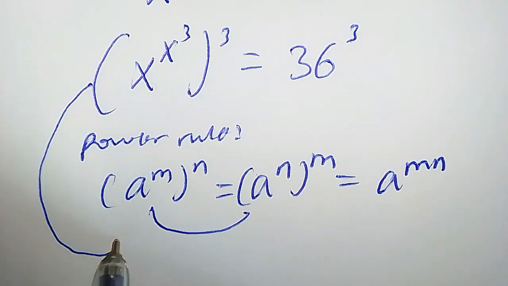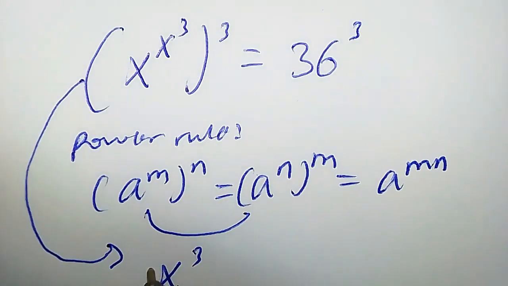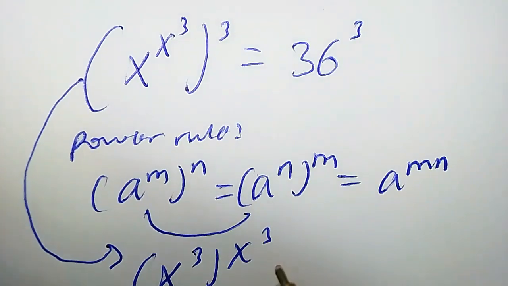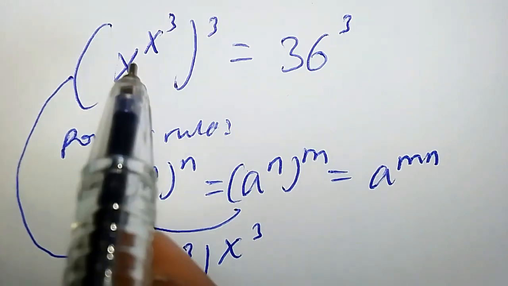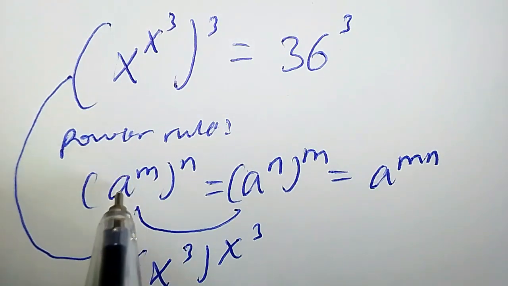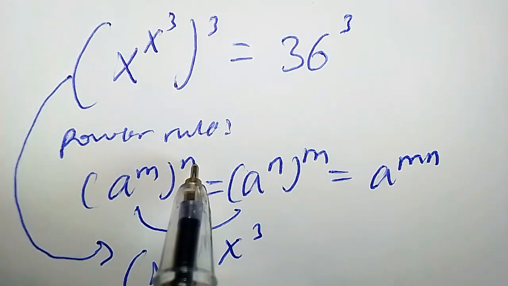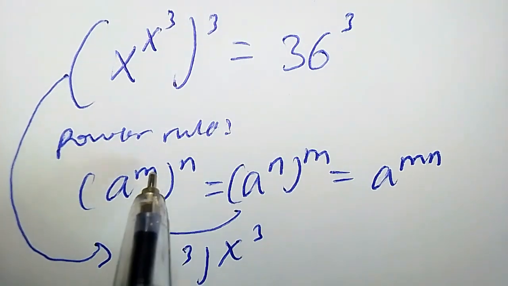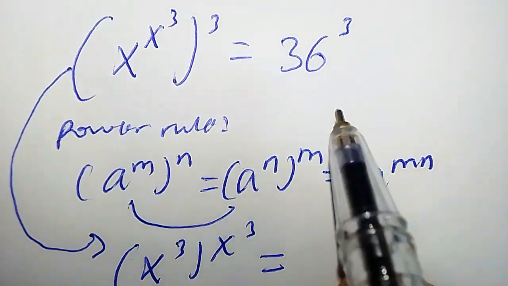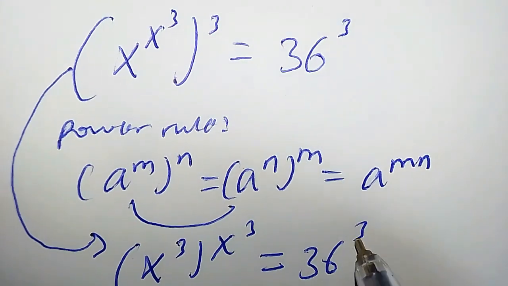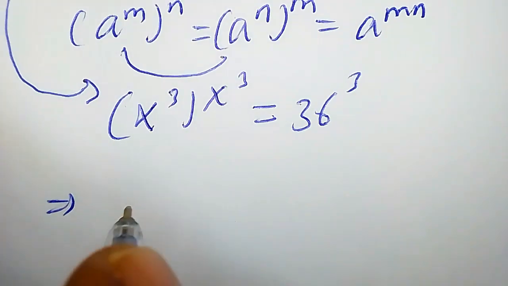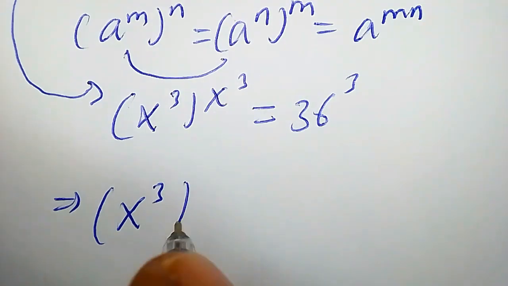So from here we're going to have x to the power of x cubed times 3, because by comparing this left hand side with this, you observe that our a is x and our m is x to the power of 3 and n is simply 3. So you just interchange these guys. This is equal to 36 to the power of 3,